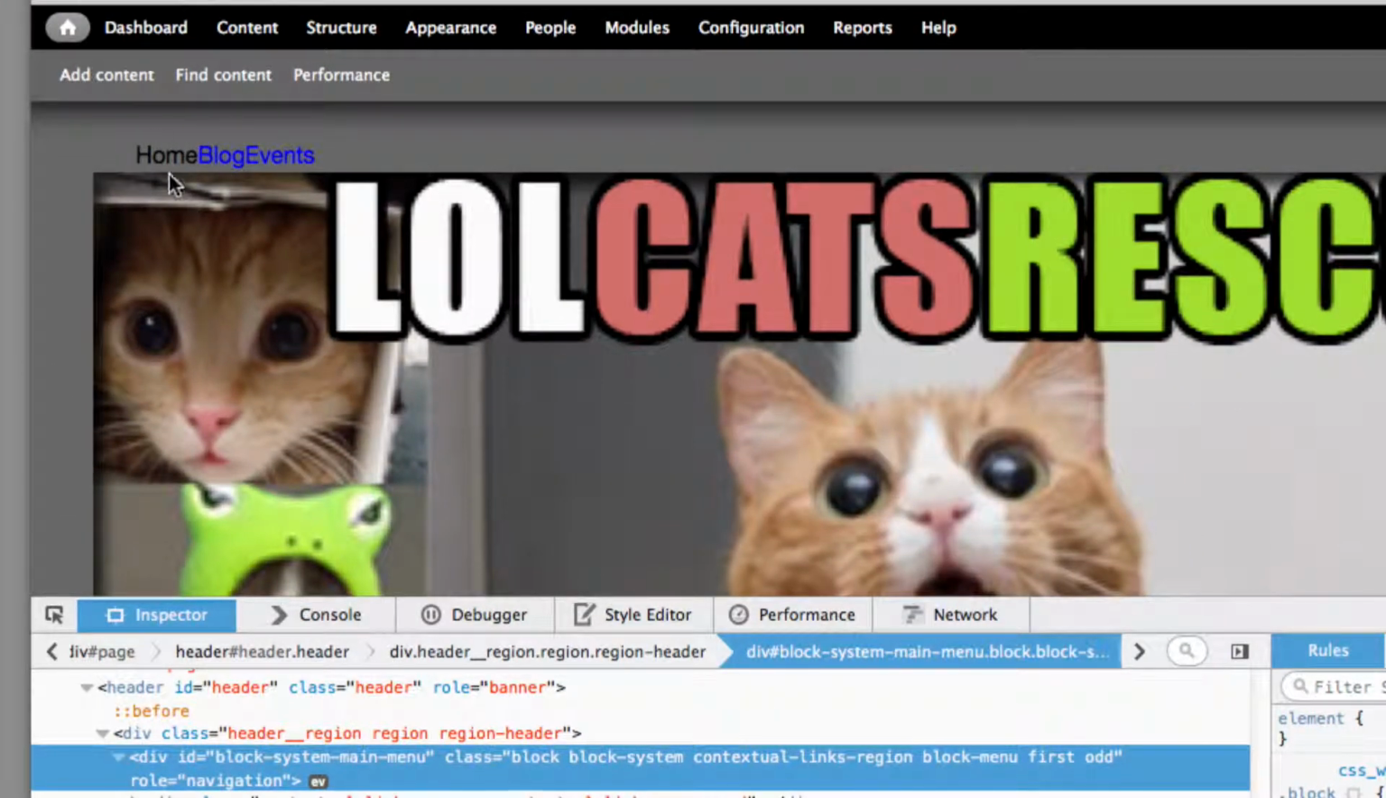So the question is how do you target this? You can move over some of your stuff from your Bootstrap site. You've got essentially 3 items to